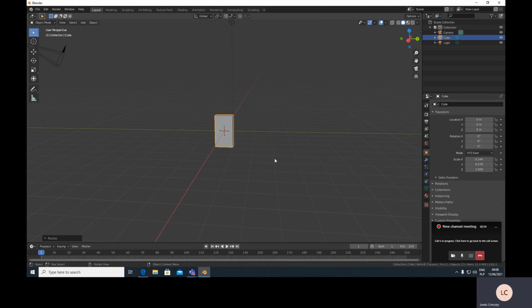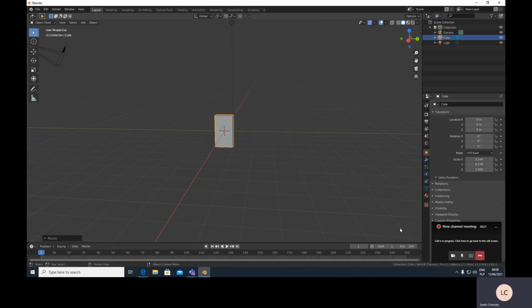Now here's a little bit of a tip for you. A mistake that some people make is that they start doing this when the mouse is already close to the center of the screen. So if the mouse is close to the center of the screen and then you press S, it's really difficult to control how much the size changes because you started very close to the center of the screen. So I'm going to press Escape, and then I'm going to move the mouse into the corner of